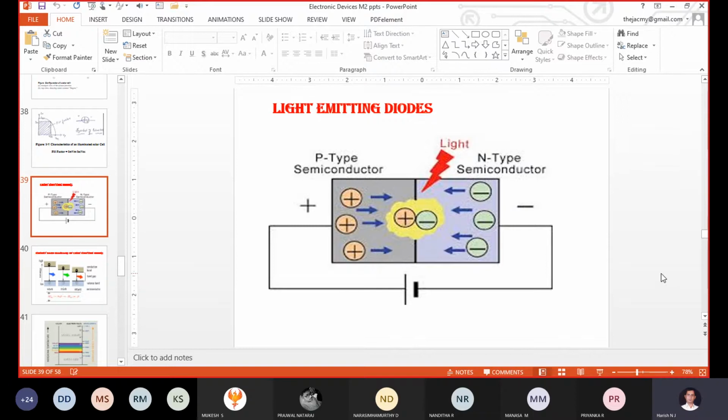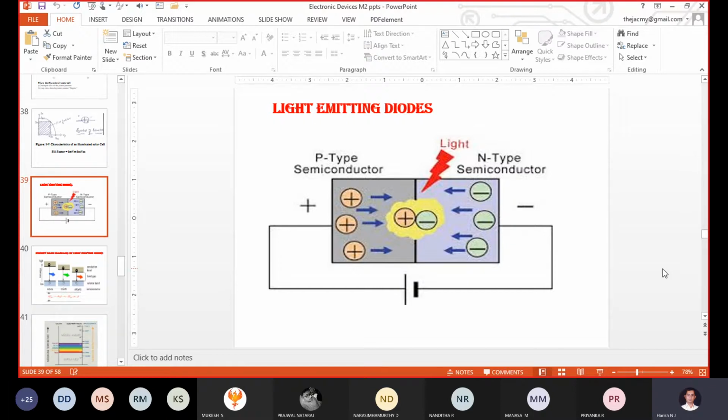As per the biasing, is this particular PN junction diode in forward bias condition or reverse bias condition? Forward biased, because the p-type semiconducting material is connected to the positive terminal of the power supply, the n-type semiconducting material is connected to the negative terminal, and V is equal to some voltage. That voltage is sufficient to turn on the diode.